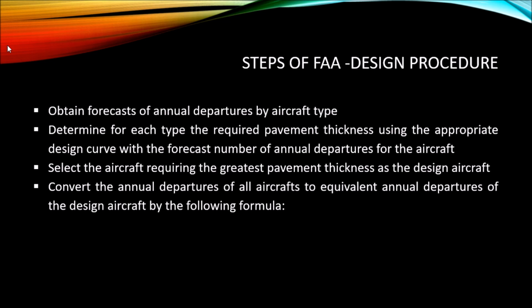The third step is to select the aircraft requiring the greatest pavement thickness as the design aircraft. And the fourth is to convert the annual departures of all aircraft to the equivalent annual departures of the design aircraft by